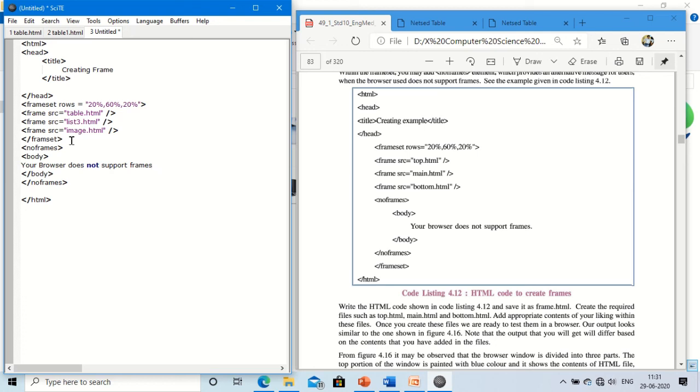Let me save and check whether this is going to appear or not. And here we have to close the frameset also. Let me close this frameset and check.